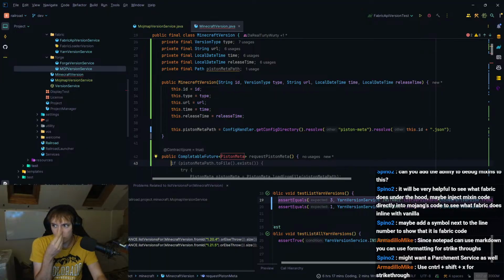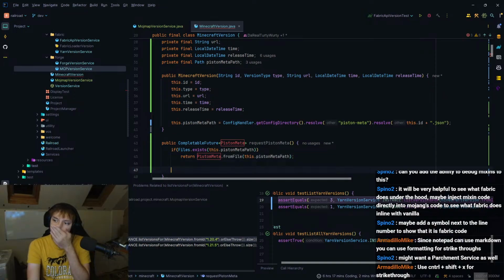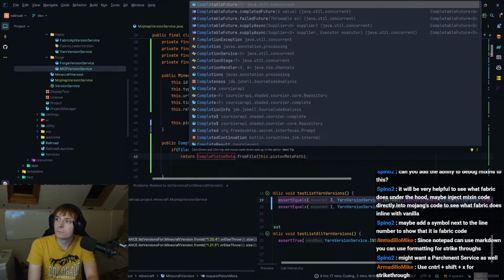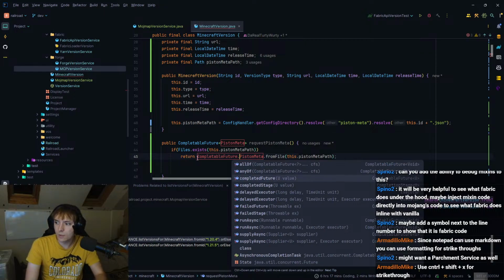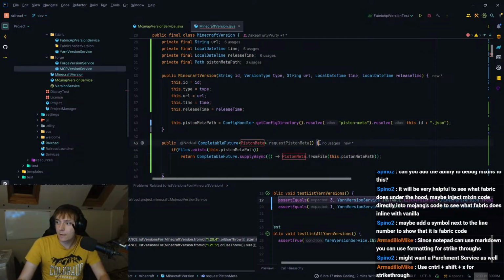And what that will do is that will say if files.exists this.piston meta path, then we will return piston meta dot from file, which will be a completable future dot supply async, like that.